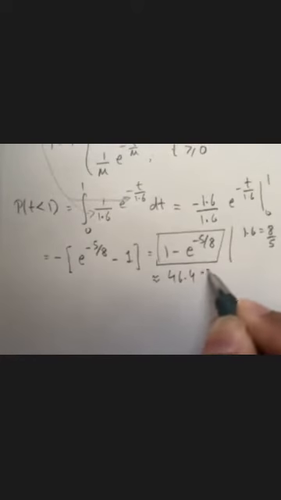You can leave it like this, or you can use your calculator to determine that this equals about 46.4%. And this comes from a simple antiderivative rule. If it confuses you, you should try substitution on this whole thing, and you will get a factor. And then